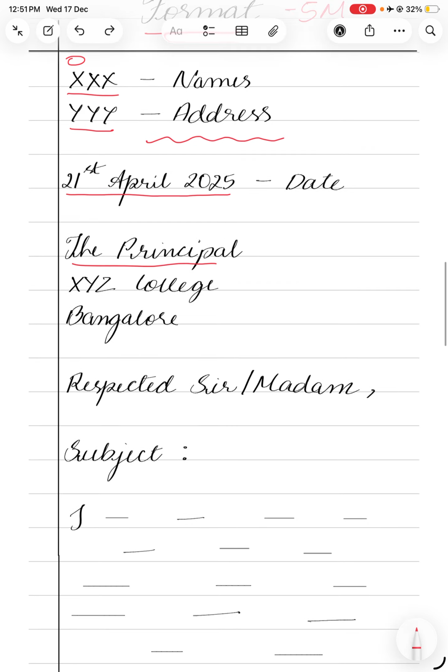So 5 to 6 p.m. the formal function happens, 6 to 7 is the cultural, 7 to 8 is dinner, and then you write down how excited you are and things like that. You end the body of the letter, and then you write "Thank you." Full stop. "Yours faithfully." Here you will put your sign, and then here you will write down your name in brackets. So this is all about how to write a letter.